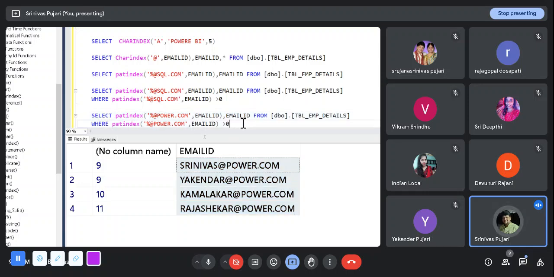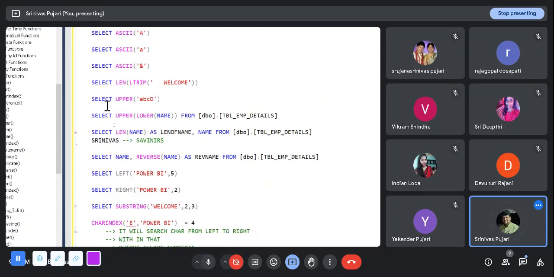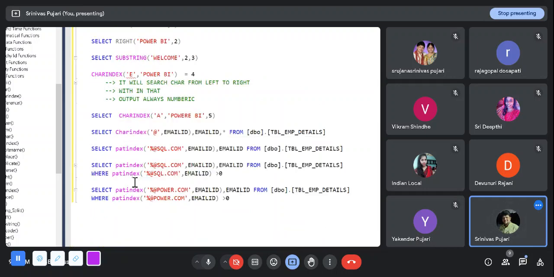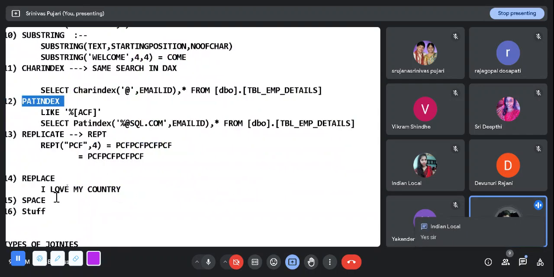Very, very simple functions actually. So these are the uppercase, lowercase. Even we have seen this in Power BI also, like length function and then reverse function, left, right, substring, CHARINDEX, PATINDEX, everything. Okay, so next we have the